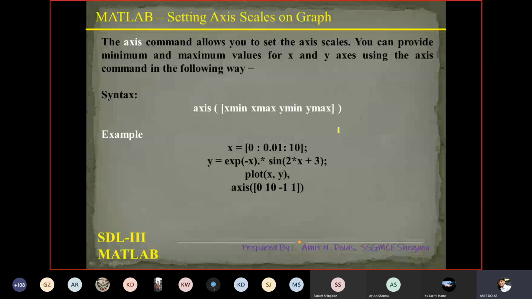I'll observe that only. So plotting this signal for 1 second is not required. I may plot the signal only for 0 to 50 milliseconds because it is my area of interest. Within that time period, I can analyze and understand the signal.